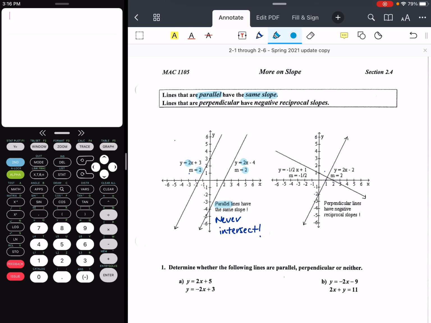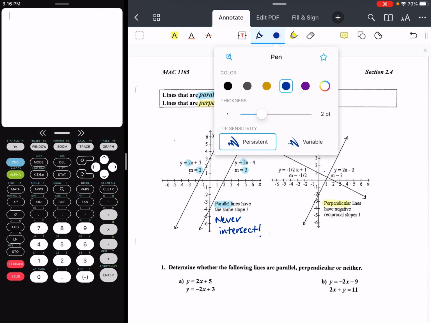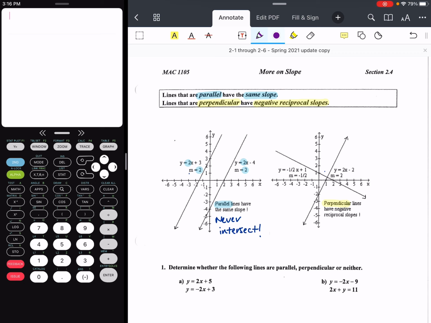Or if we look over to our example on the right, we have two lines that have what are called perpendicular slopes. Perpendicular lines with slopes that are negative reciprocals. So lines that are perpendicular have negative reciprocal slopes. When I see this terminology, negative reciprocal, sometimes students get confused by this. It doesn't mean that a perpendicular slope will always have a negative sign in front of it. When we say negative, we mean